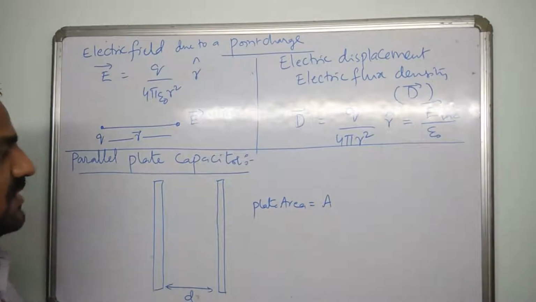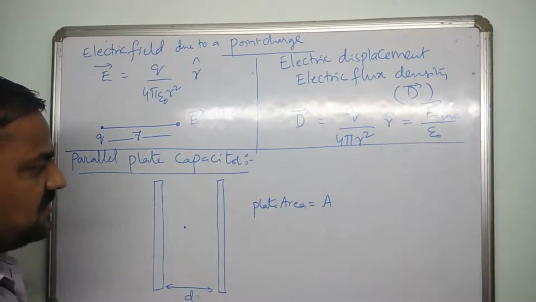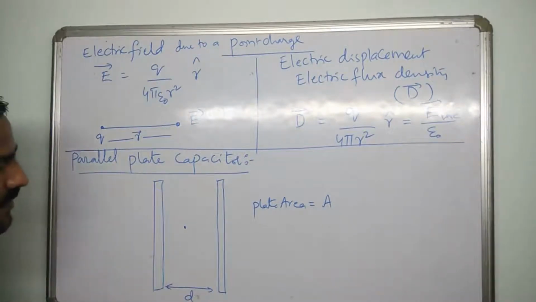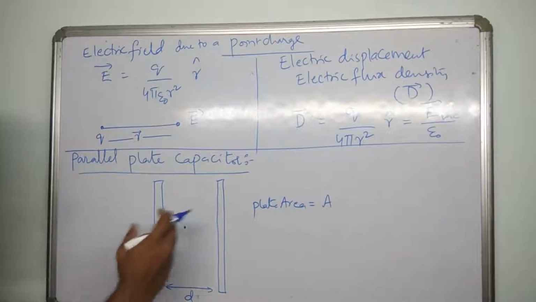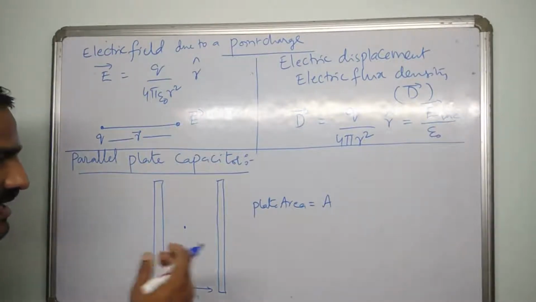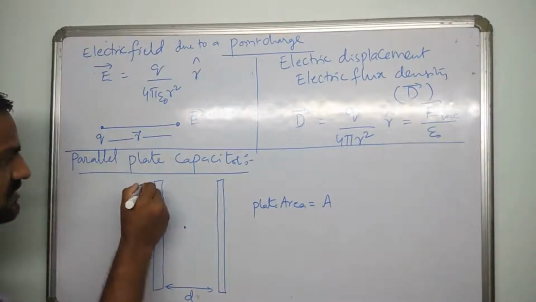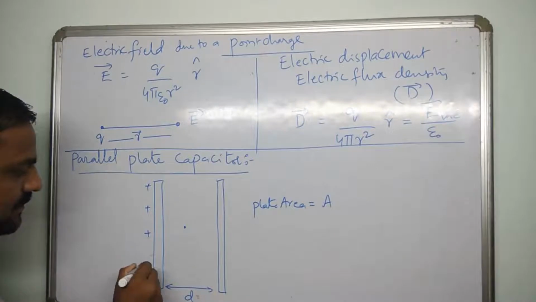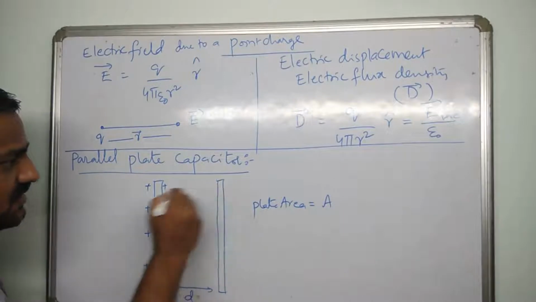Due to a parallel plate capacitor, at any point in between the plates, the electric field can be defined in the following way. For defining this electric field, we can use the Gauss law in electrostatics, or from elementary electrostatics, we can just derive it independently. Both are possible. I am directly giving you right now what the electric field here is. Before that, let me also tell you that this is a positively charged plate, and here an equal and negative charge.